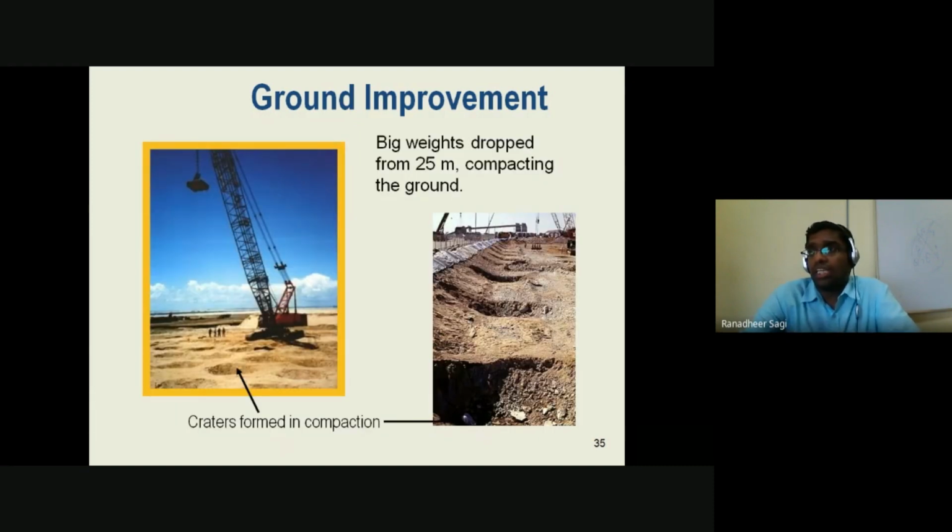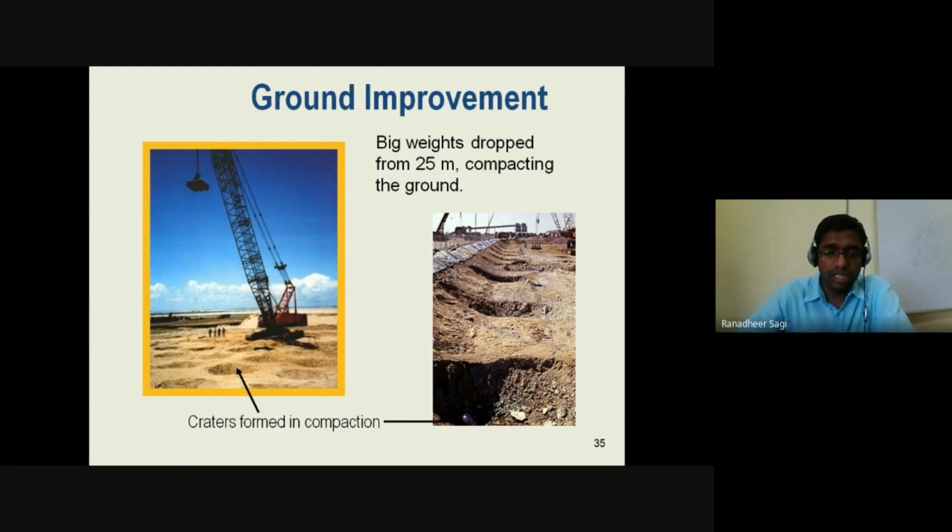And if the amount of compaction desired is very high, or if the soil available there is loose but you want to construct a very high rise structure in that particular location, then you need to carry out a higher amount of compaction in that area where you want to take up the construction. That higher compaction you can achieve by dropping heavier weights from the top, giving an impact loading onto that ground, so that you can achieve higher densification in that location.